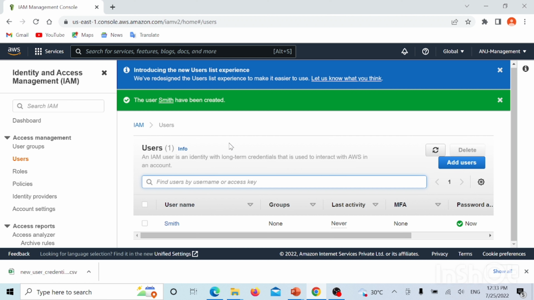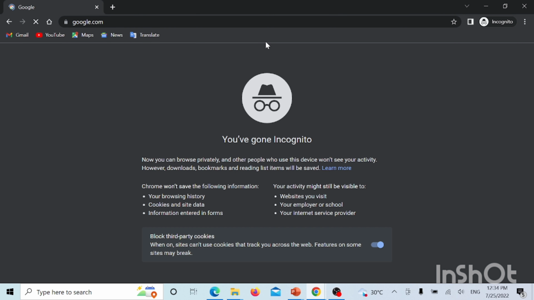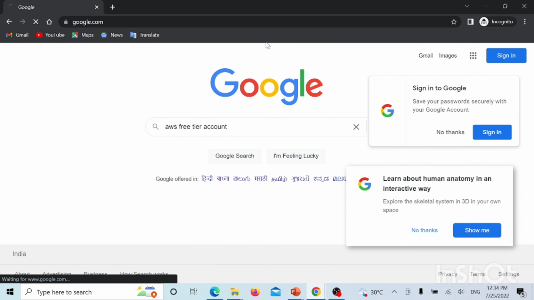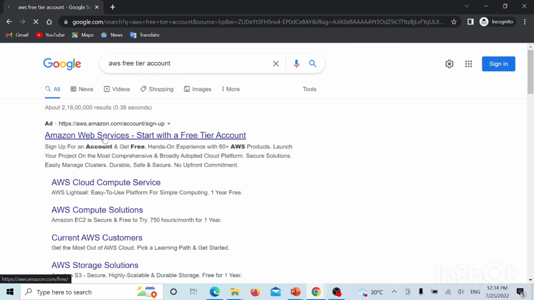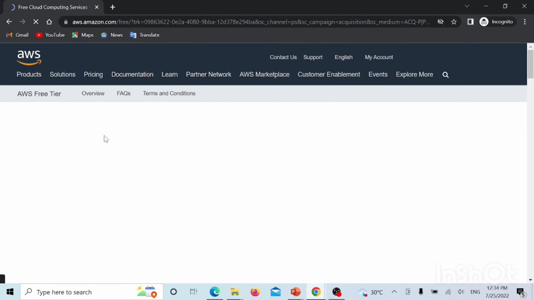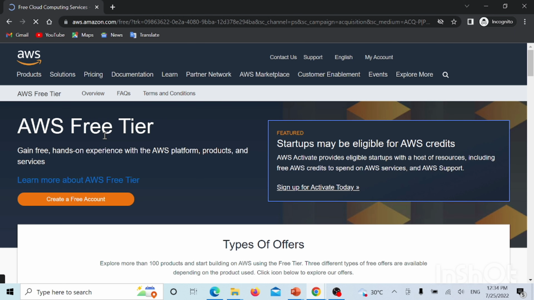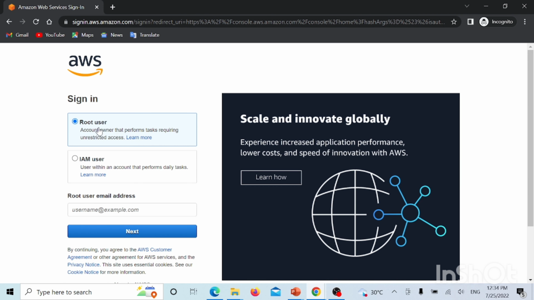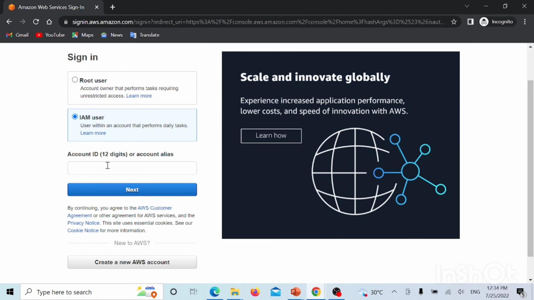And for that, what we are going to do is open up another incognito window, right? Opening up Google and writing AWS free tier account, right? And there with the first link, we can go to the web page of AWS's management console, and now we shall be signing in as our IAM user, right? So clicking on sign in, we go to the sign in page, and here it is asking for root user or IAM. So I will be selecting IAM this time, and it will be asking about a 12-digit account ID